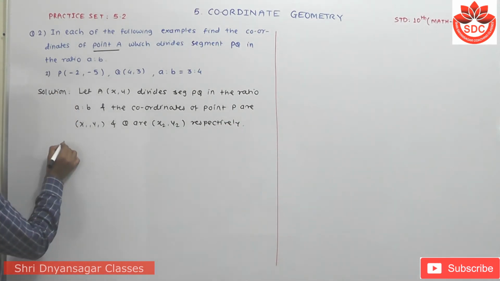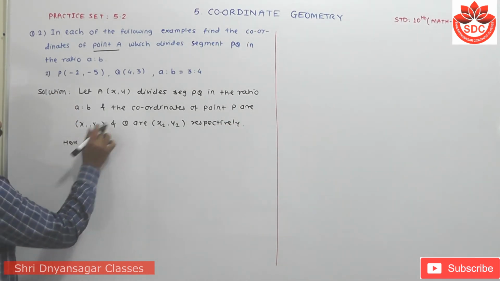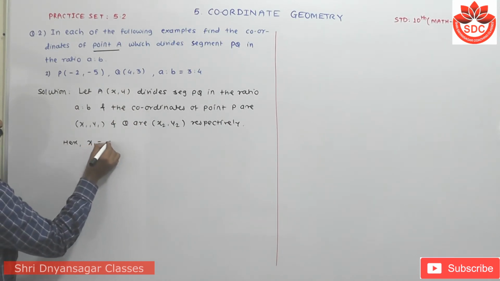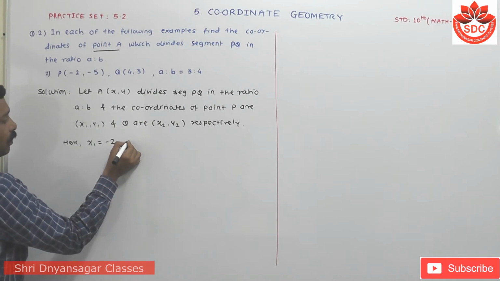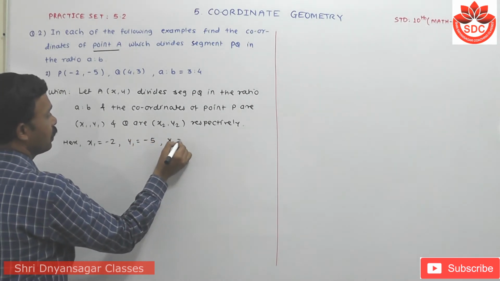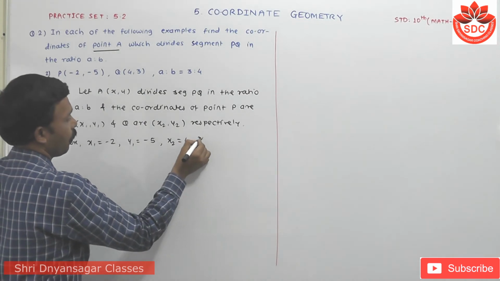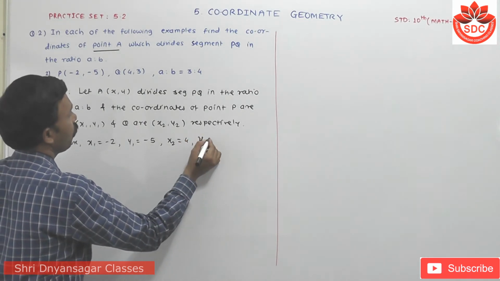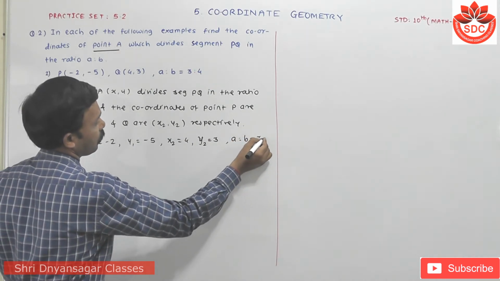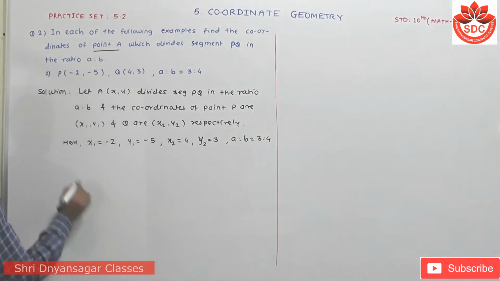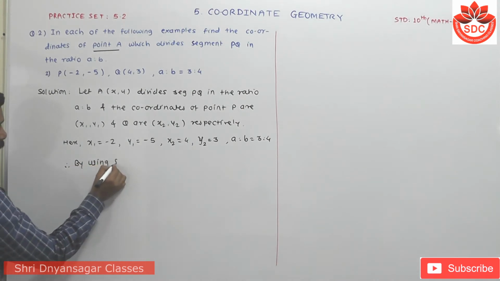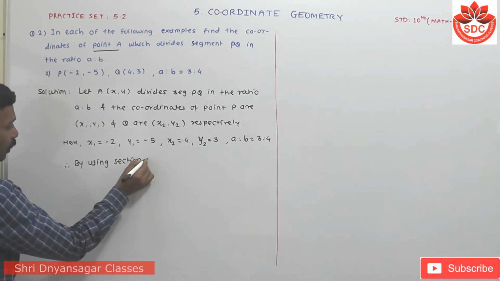Student, here when we compare P and Q with these coordinates, then x1 is equal to -2, y1 is equal to -5, x2 is equal to 4, y2 is equal to 3, and a to b is equal to 3 to 4. Therefore, by using the section formula,